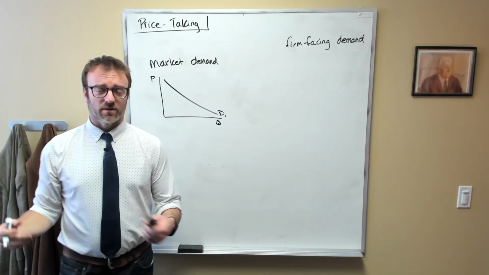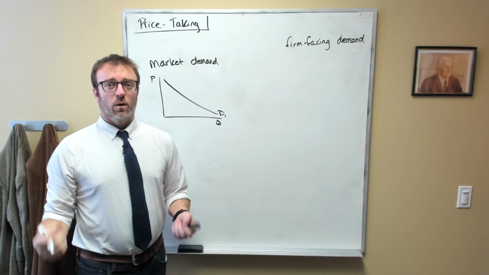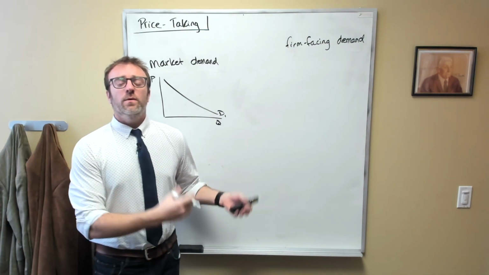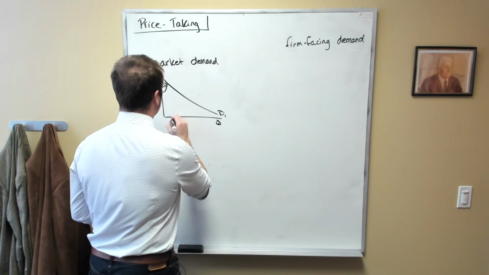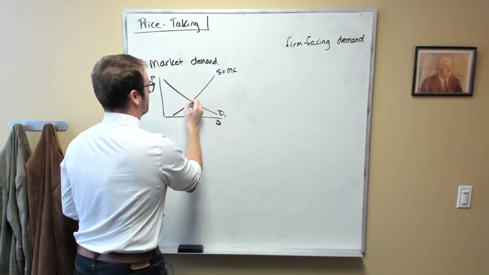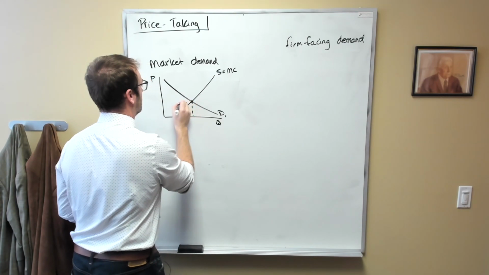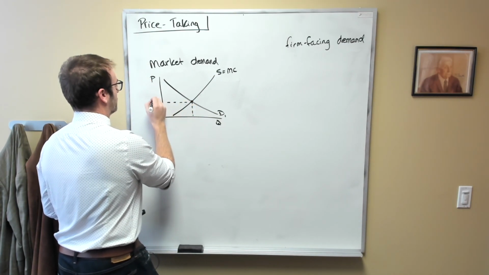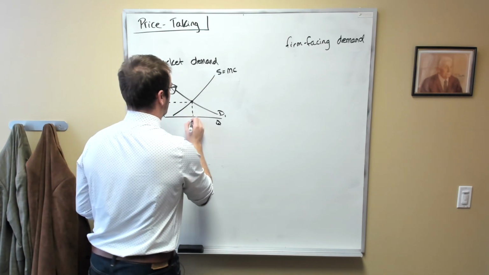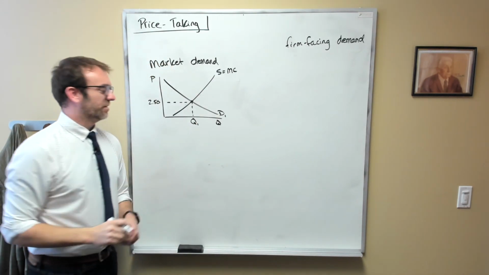that we've talked about several times now. At lower prices, consumers will want to purchase more of this product than they will at higher prices. Let's go ahead and just put a supply curve in here, and we'll say that this is also equal to the market supply curve. And let's say that the equilibrium price is $2.50, and the equilibrium quantity is some quantity